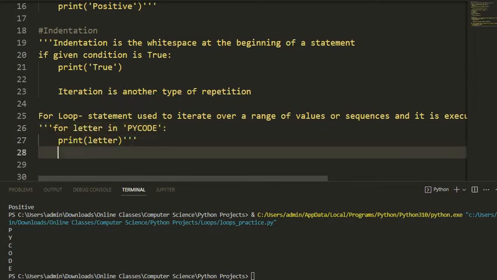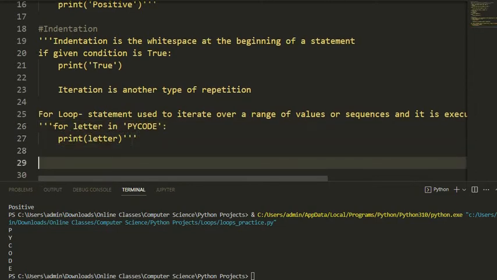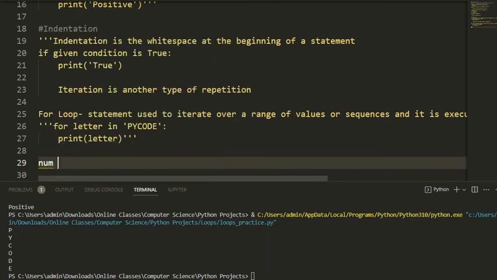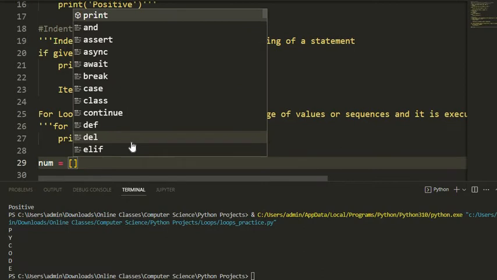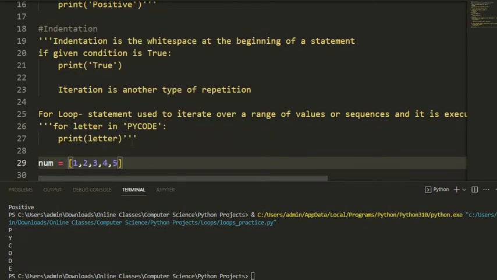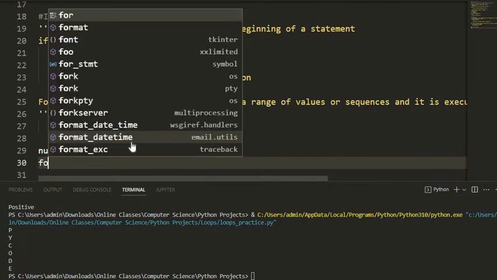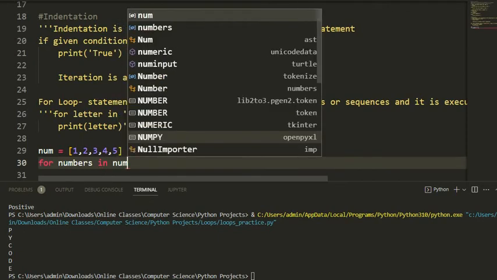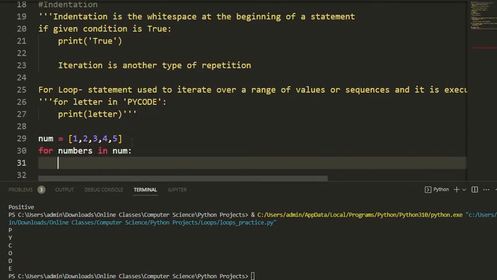Now let's try doing another example. Let's say we want to print even numbers using a for loop. What we'll do is define a few numbers where num equals, we'll make a list, 1 2 3 4 5. Now we'll make a for loop where the numbers in num, so the number should be within num, so it can be either 1, 2, 3, 4 or 5, and we